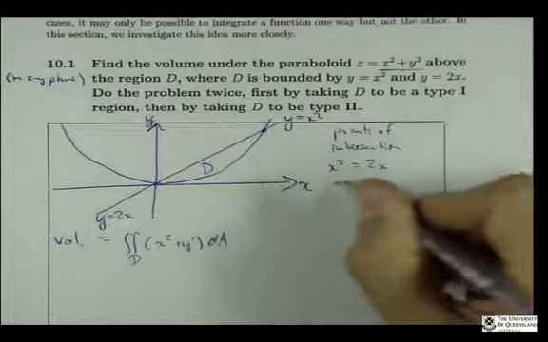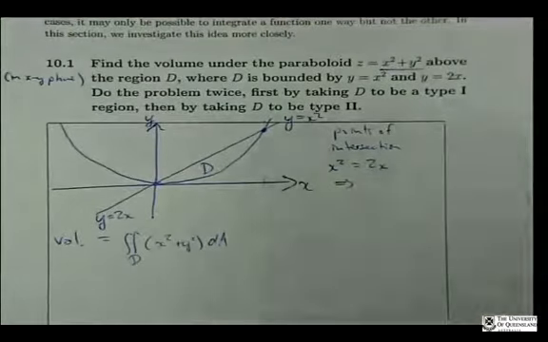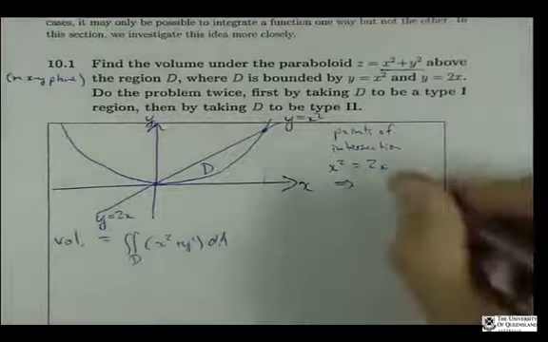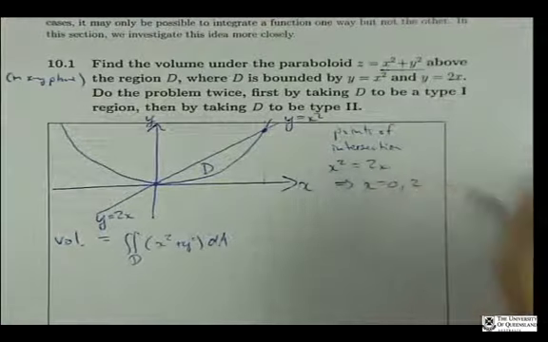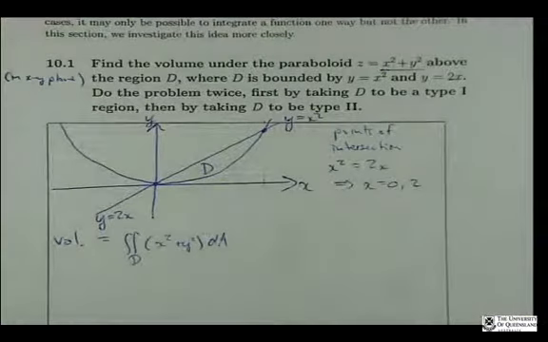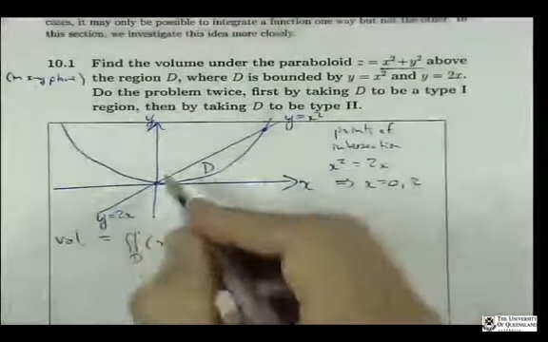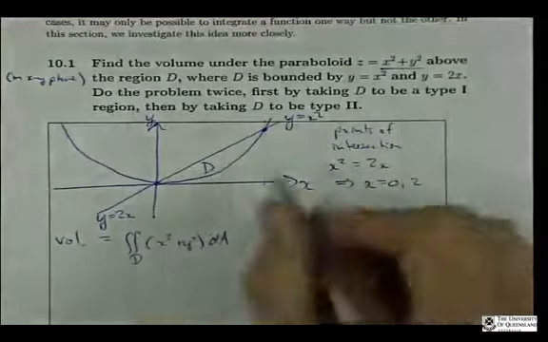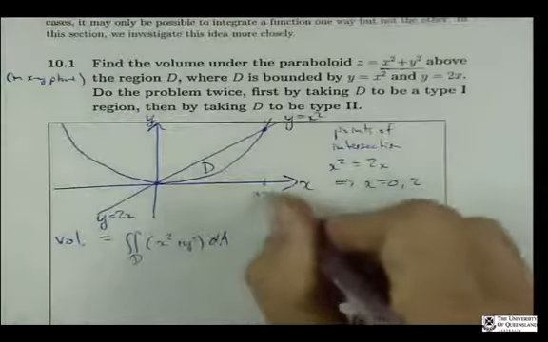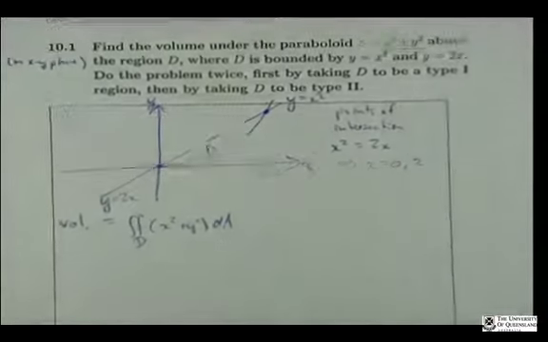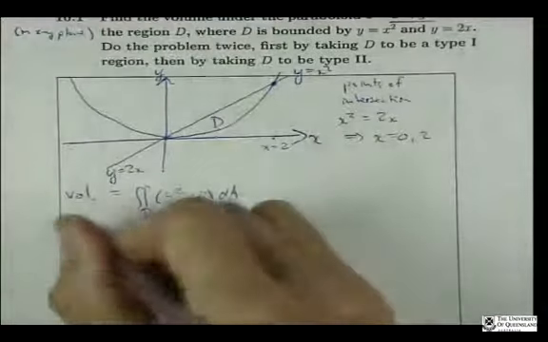All right, so there are two possible values. This is a quadratic in x, right? So there are two values. One is 0 and the other is 2. x equals 0 is the y-axis, so I expected that from the graph, and over here we've got x equals 2. All right, so as a type 1 region,